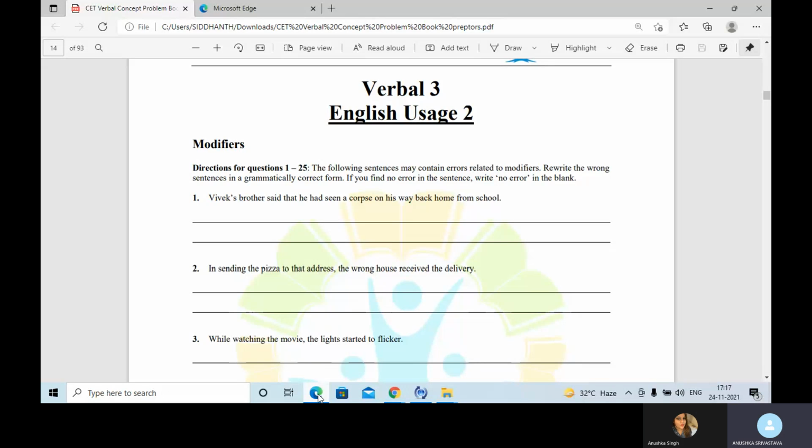Now, when we look at modifiers, we've also understood that modifiers can be a group of words. If they are not just one word, they can be an entire clause. So, modifiers thus can be one word or they can be a group of words. Now, the main rule that concerns modifiers is that the modifier and the modified have to be placed next to each other. If the modifier and the modified are not placed next to each other, the sentence becomes grammatically incorrect. So we need to then identify the errors which relate to the usage of modifiers.